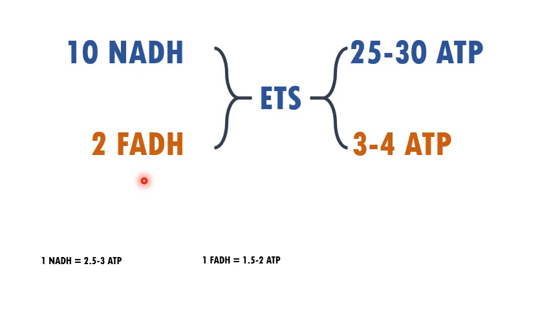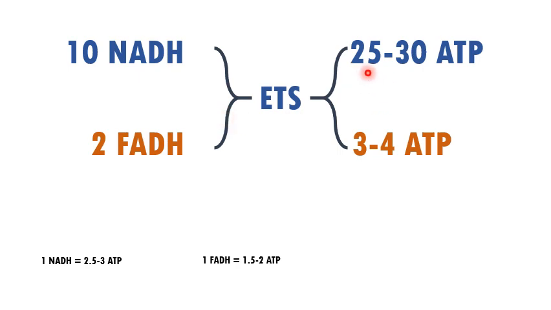So that particular NADH which is getting diffused into the mitochondria may not generate 2.5 or 3 ATPs per molecule, so its efficiency will be as good as FADH. That is also a theory. So whatever it is, let us keep